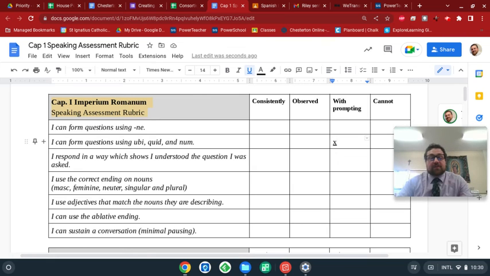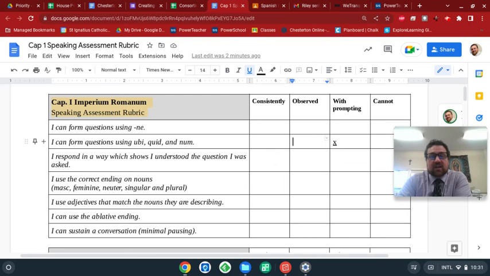So today, if that's what you got for this one, if you use ubi and quid and some other, if you use the variety, and you see that those are observed, as you're going along, you can just underline ubi, mark it on the paper when that's used. Quid, mark it on the paper. Even if you see 2 out of the 3, that's enough to mark consistently, okay? Because nay is a different one up here. And if you're using nay and you're using 2 of them down here, then you're asking different types of questions,